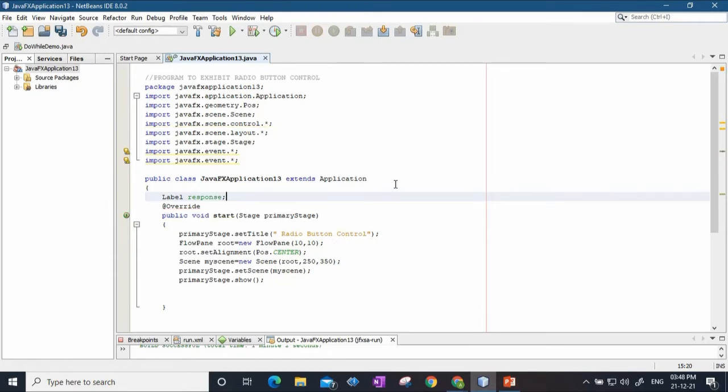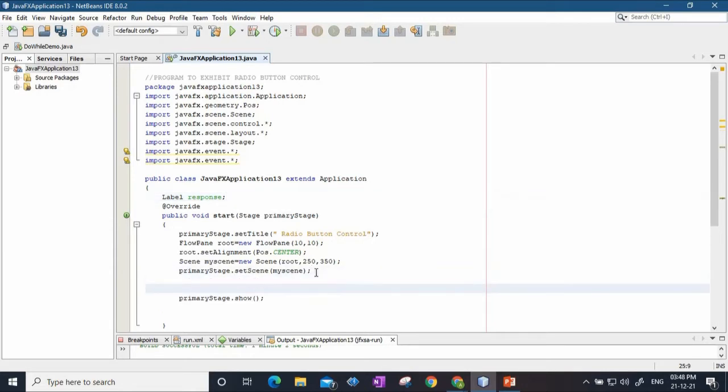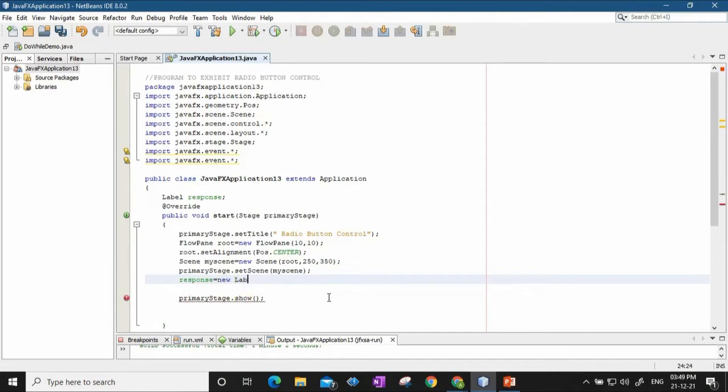Name of the label is response, and I will initially set that label to null. So I'll say response equal to new Label, and the text within it will be a null string, no text.